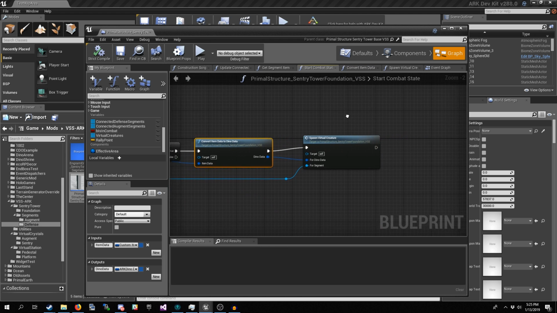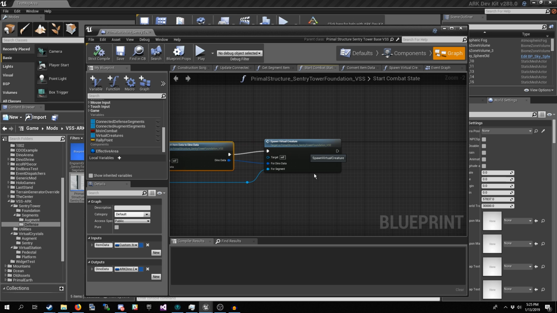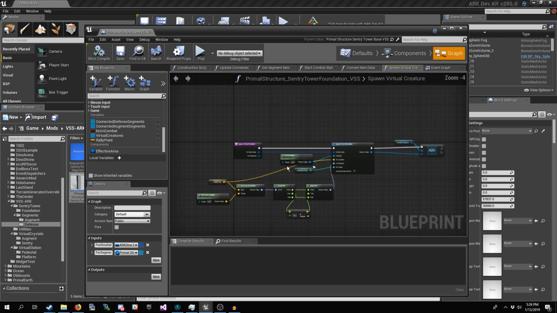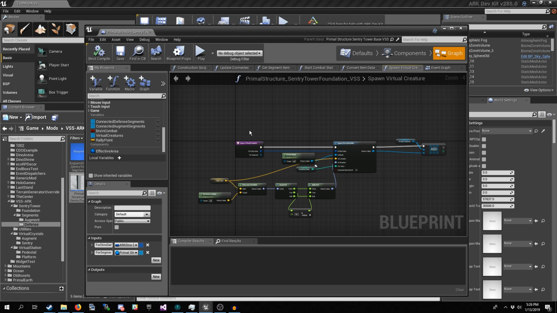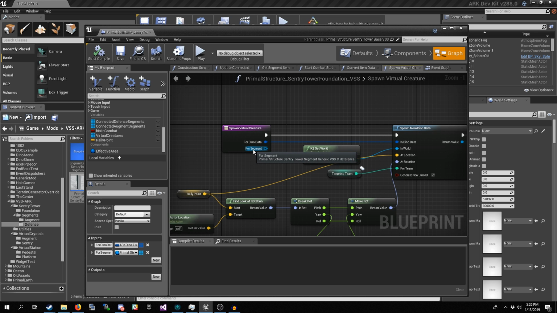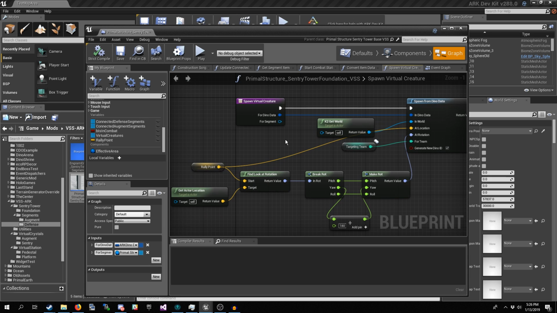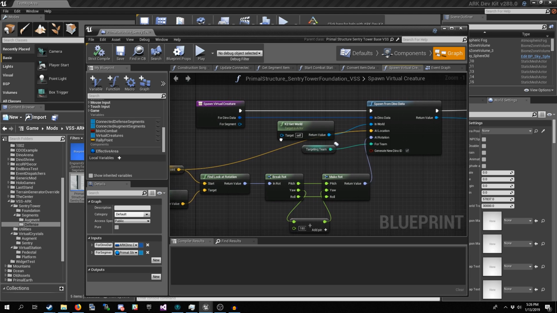Now, once we have it, we want to spawn the virtual creature. Okay, we pass in item data. Now, I have given it a parameter for the segment, and that's because I want to have some particle effects moving from the segment to the point where it's going to be spawned. So while this parameter is here, I'm not using it yet. That was just more for, all right, I'm planning to do this. I think I'm going to need this here. This might go away in the future if it turns out we don't need it, or if that method won't work.